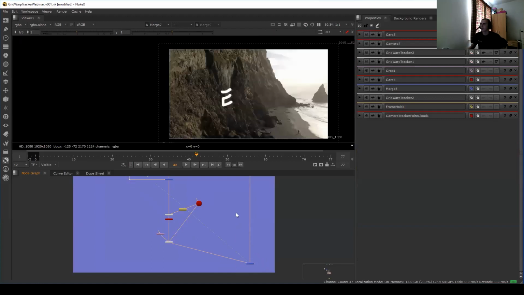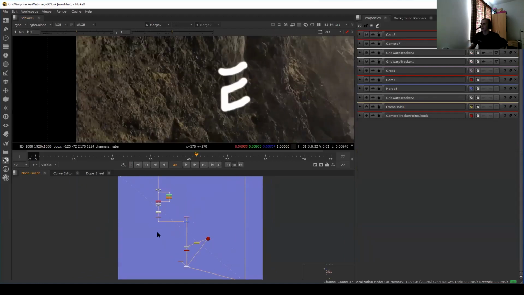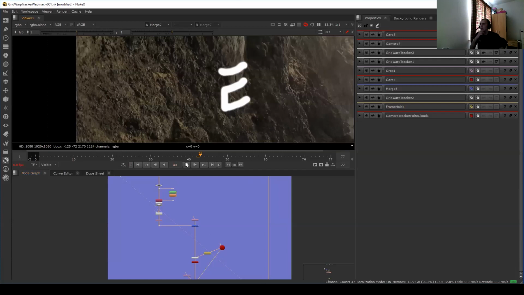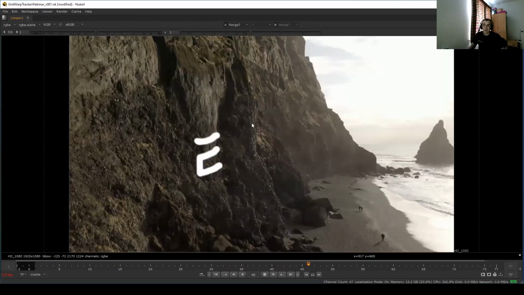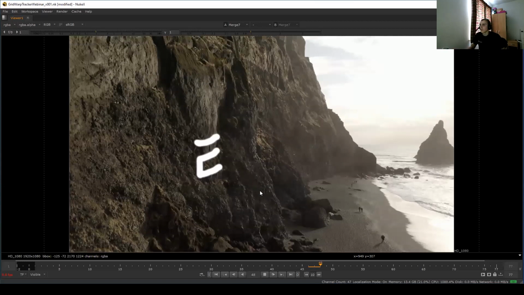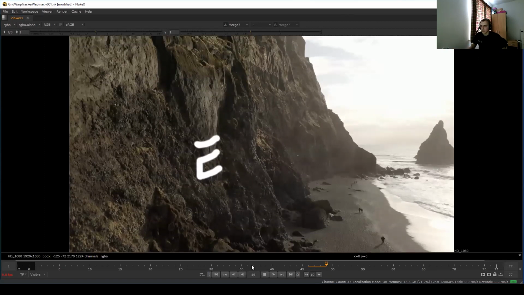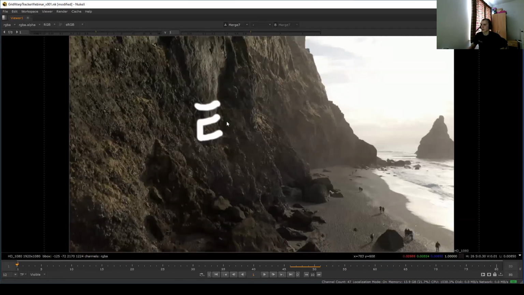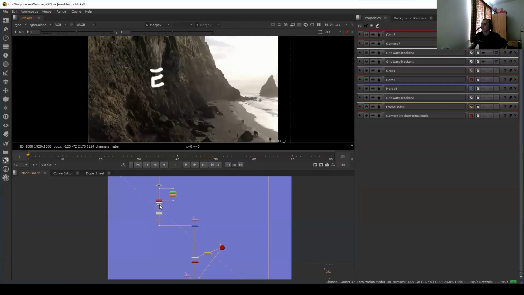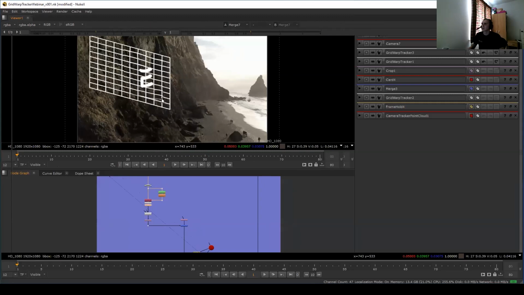In that case, we should see a much better result. It will look good, but it might be a little bit hard to see what it is actually doing. I'll just go play towards the beginning because my reference frame is at the end. It will definitely look good over there because everything will look good on the reference frame. But in the beginning, we should see a difference, where if I just display a grid over all of this,